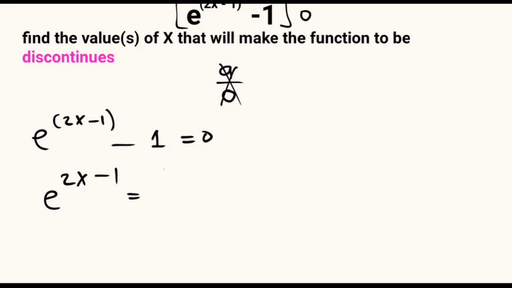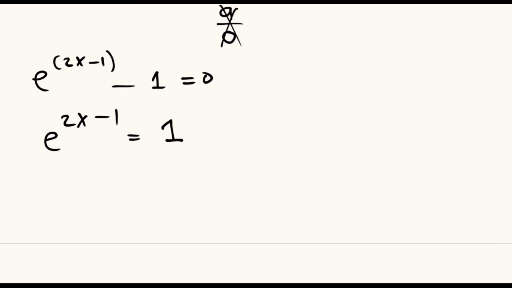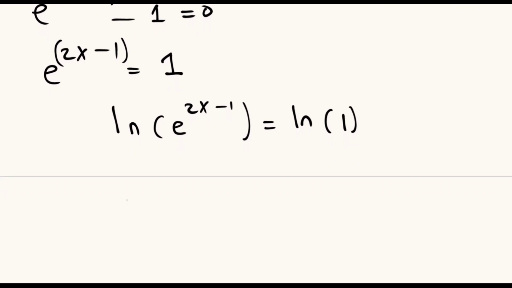We take the negative 1 to the right, it's going to change sign from negative 1 to positive 1, and from here we introduce ln on both sides of the equation, because we know that ln of a raised to the power b will be equal to b ln of a. So we are trying to remove that x from the exponent so that we can solve it properly. So introducing ln, and what we do on the left we also do on the right, so we also introduce ln on the right side of the equation, and this will be equal to 2x minus 1 multiplied by ln of e,